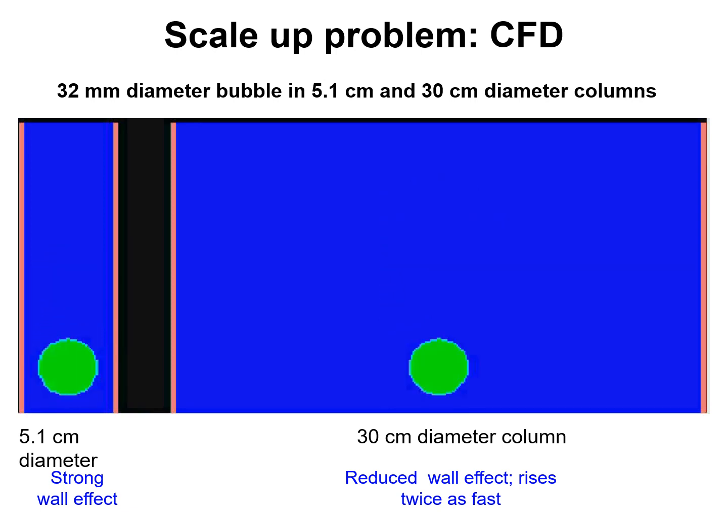We note that the bubble of 32 millimeters rises faster in a 30 centimeter column than it does in a 5 centimeter column. This is because of the wall effects that tend to exert a drag on the bubbles, whereas a single bubble in a very large diameter column is free from wall effects. Now, these wall effects or lack thereof need to be taken into account in scaling up bubble column reactors,